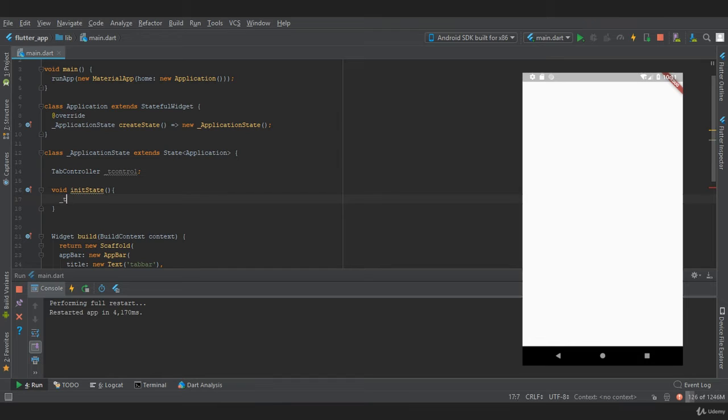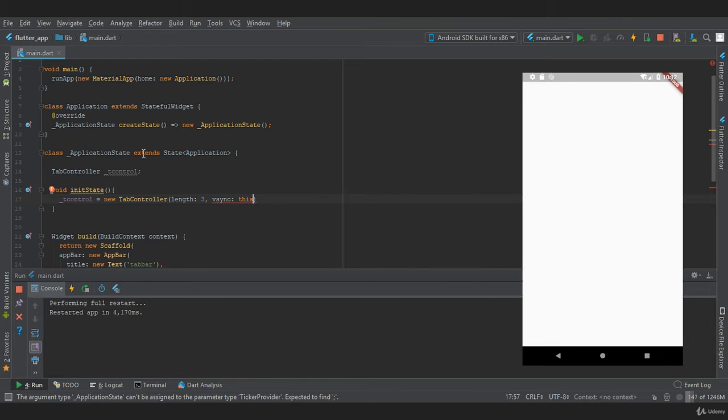So we'll say t controller is equal to new tab controller, and this takes two properties, which are length and vsync. So in length we will provide t length, which is our tab bar length, and in vsync we are going to provide this.